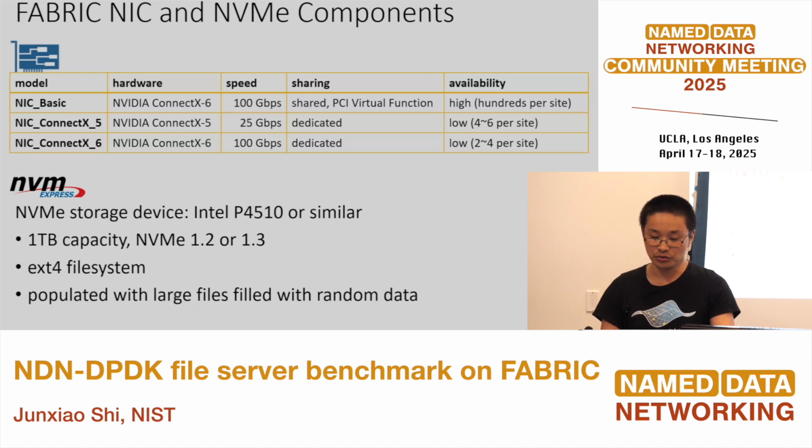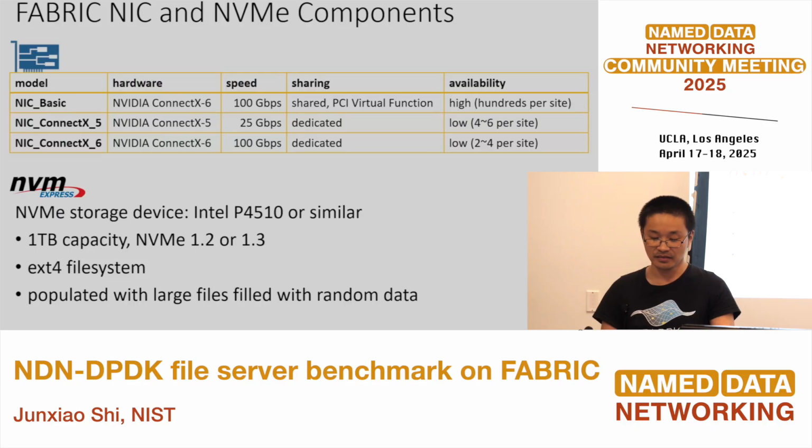We can also choose ConnectX-5 and ConnectX-6 dedicated devices. The ConnectX-5 runs at 25G, ConnectX-6 runs at 100G. These are dedicated, so we get the whole PCI device, but there are not a lot of them. We only have maybe 2, 4, or 6 of each on each FABRIC site, so they are less available than the